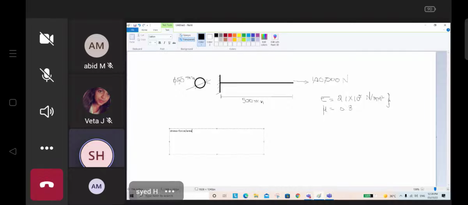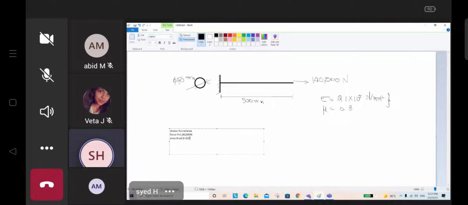Now here we have force is equals to 1 lakh newtons, and area is equals to, we have the formula pi r square. Pi r square is the formula for area of a circular thing, which is equals to